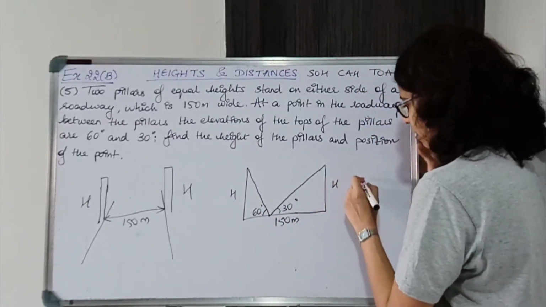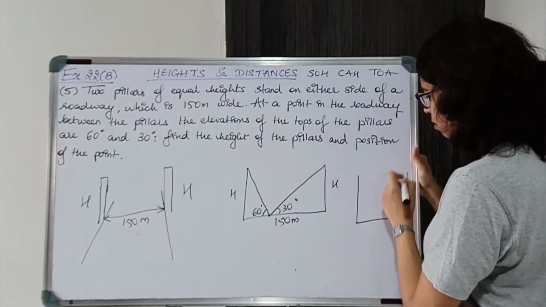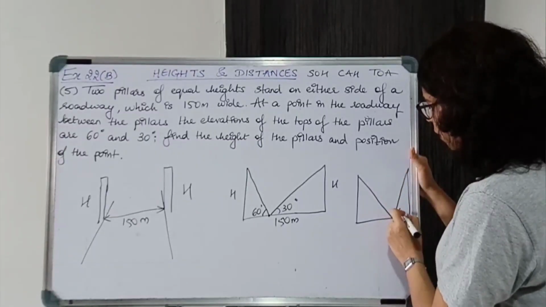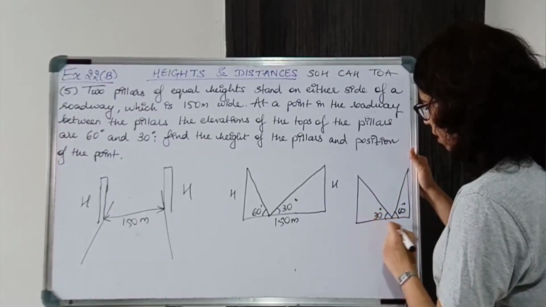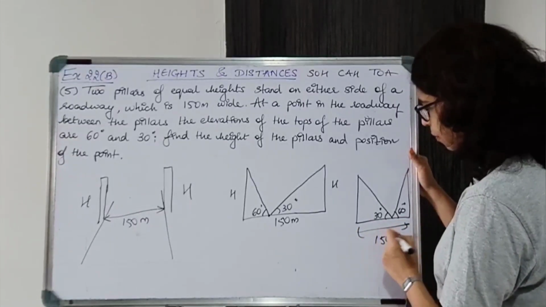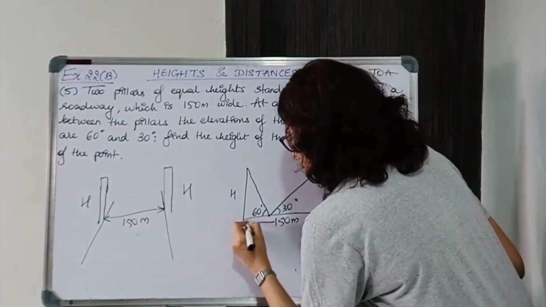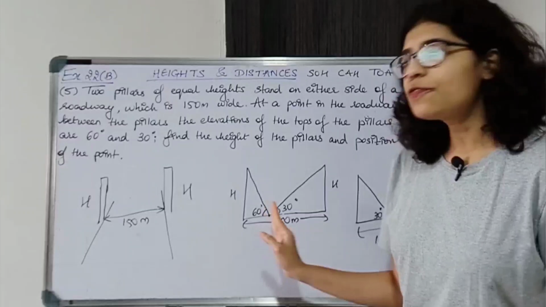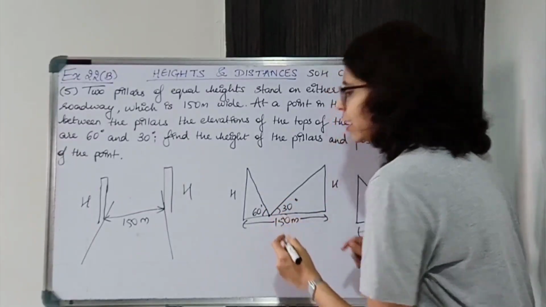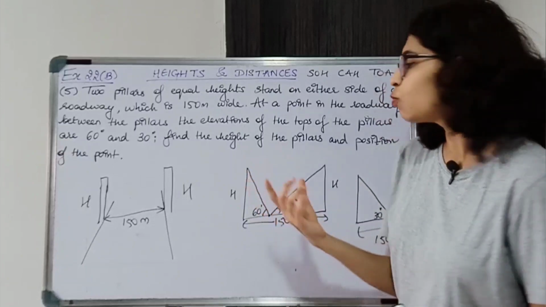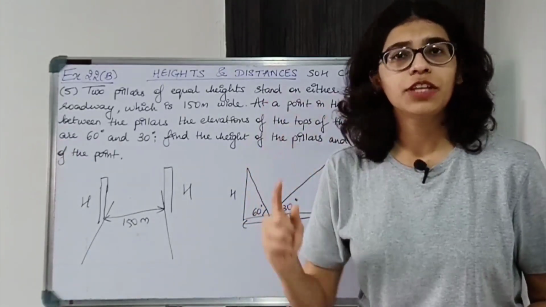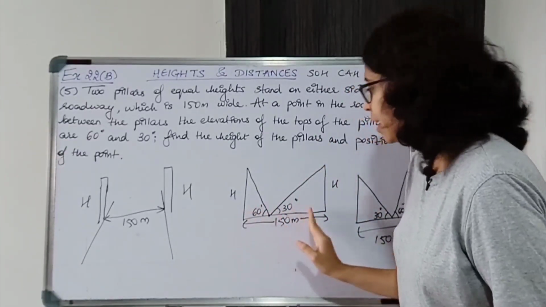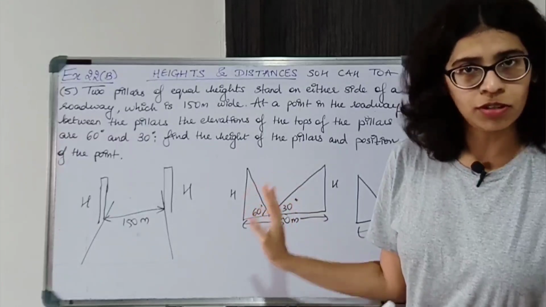Okay. Now you can also consider closer to this pillar. Okay. Then the diagram would be little different. It would be like this. But it does not matter. Okay. You will still get correct answer. So here the angle of elevation would be 60, here it would be 30, and this is the width of the road. Okay. So, but the point is not a midpoint. Okay? You're not standing in between the road, because if you would be standing in the middle of the road, then the angle of elevation would be same, because both the pillars have the same height. So angle of elevation would be same. Okay. So you're not going to take the point as midpoint. It is some random point. Okay, don't take midpoint. All right.